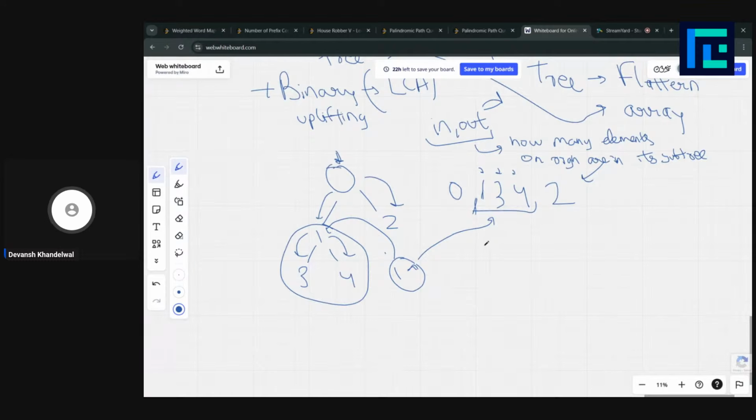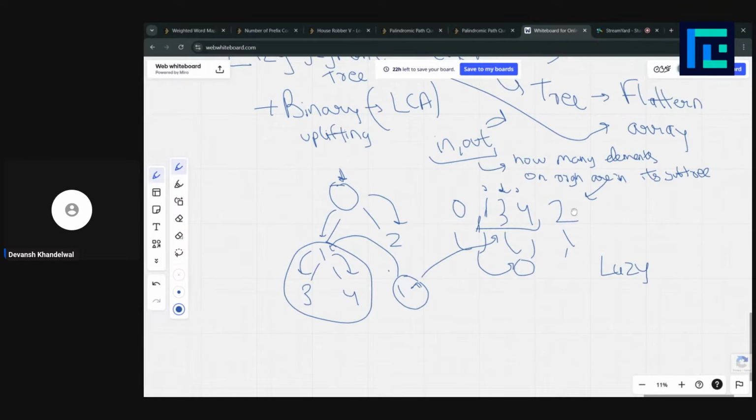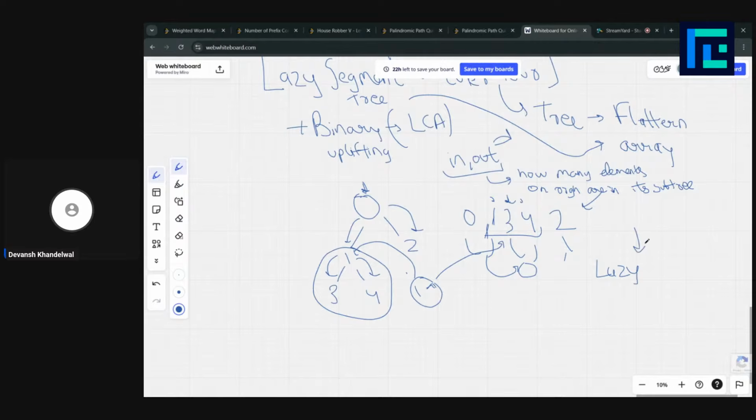What does a lazy segment tree do? This segment tree would be something like this, right? It doesn't update each node, rather it updates its parent, and it doesn't even update its parent. We have this lazy vector where we store that we need to update it, but we update it only when we need to use this particular node, or this particular index. That's when we use a lazy segment tree, right?